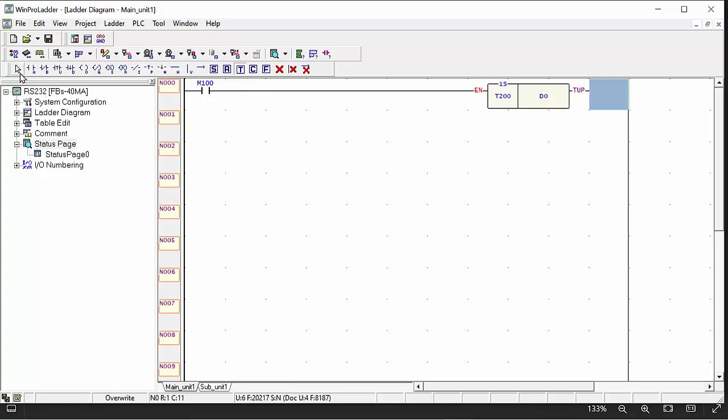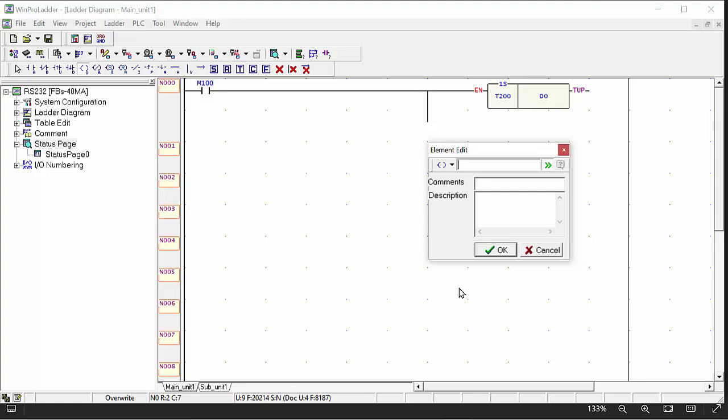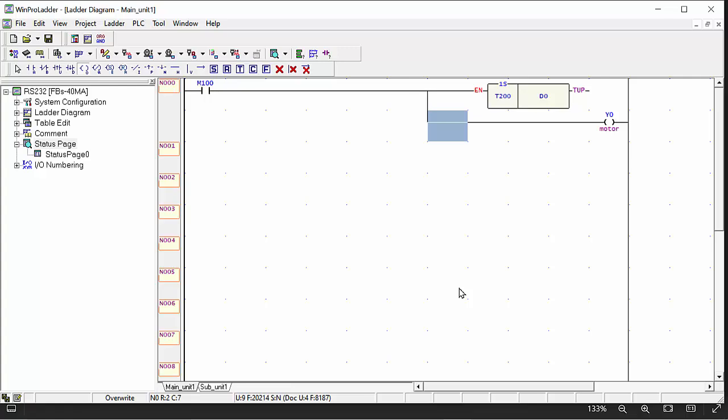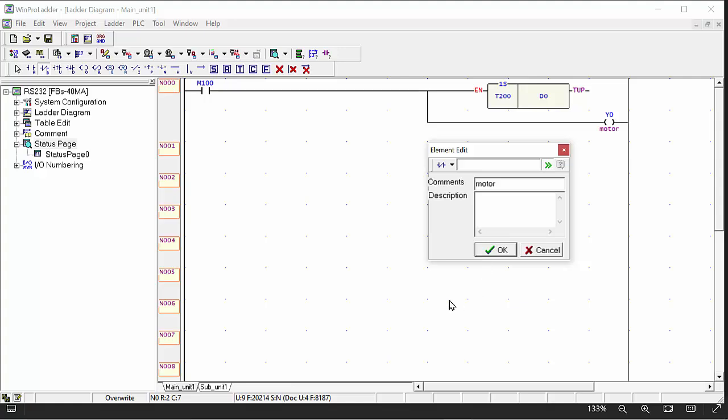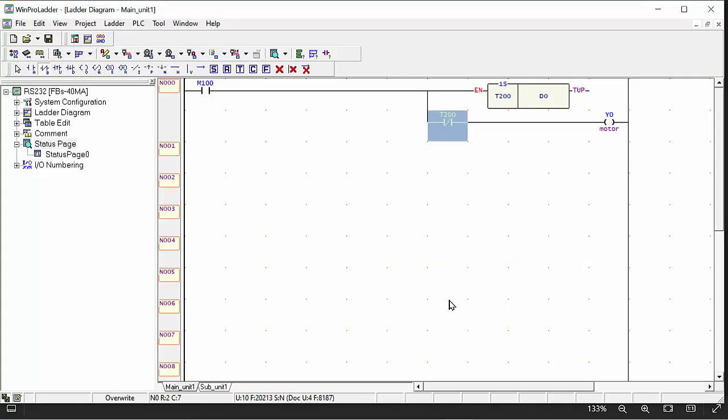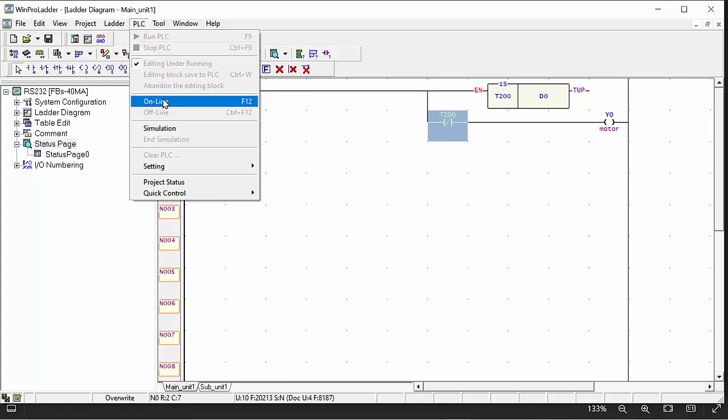and click OK, and one branch we will take here for our relay. For example, Y0, make it on, and we say we need this motor to start, and when the time is finished after this, it will turn on. This T200 close contact I will choose and make it here, and in simple terms, we will make it on, our timer will start and our output will be on. So this we will make it simulation,